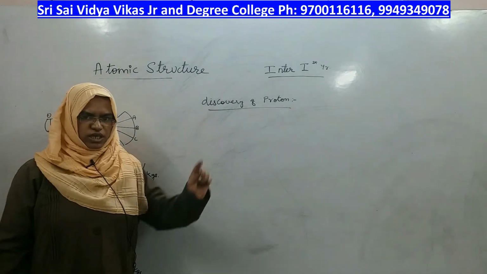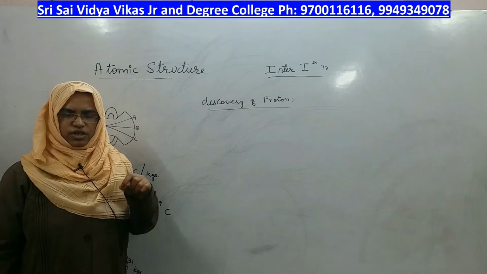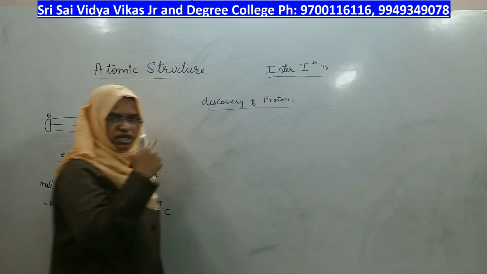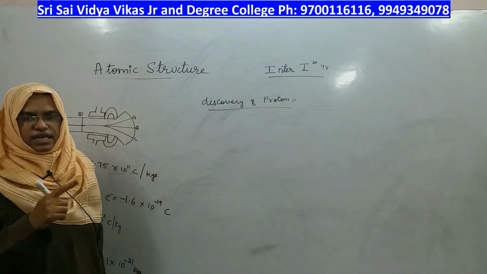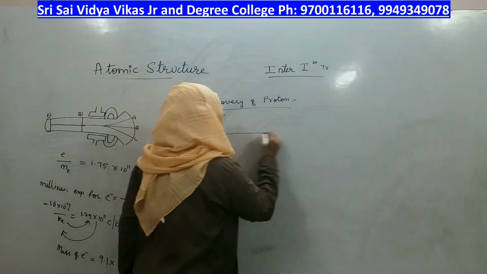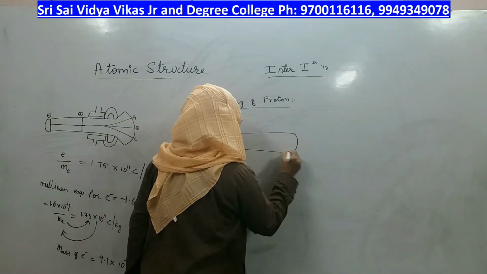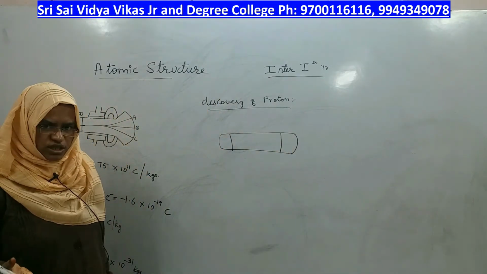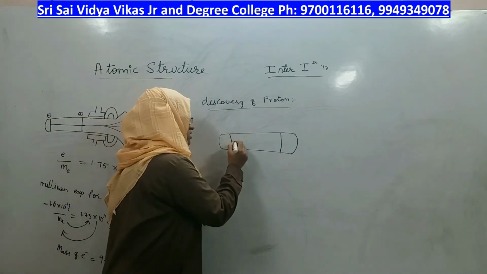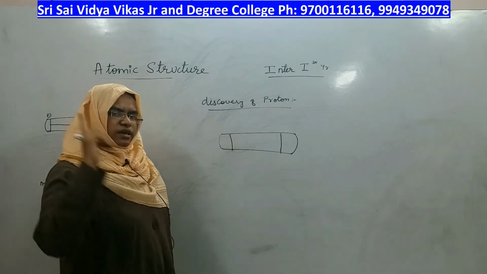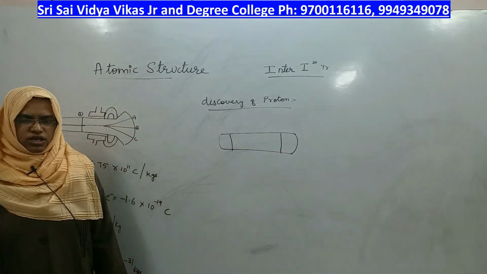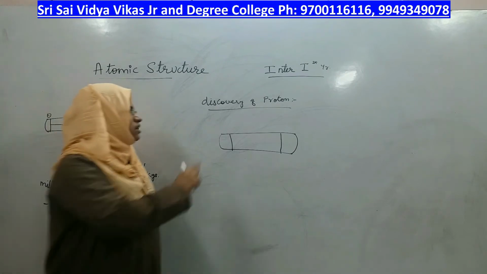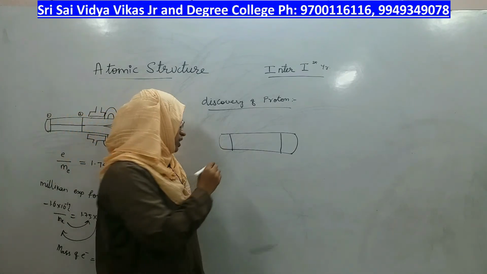But what you have to know is the cathode ray discharge tube is modified to a different type, and the rays which were originating in the CRT tube were called cathode rays. As it is modified, from which electrode they are originating to which electrode they are migrating is not necessary, but what is important for us is that in the cathode ray discharge tube for the electron, the rays which were originating were called cathode rays, but here the rays which are originating are called canal rays.